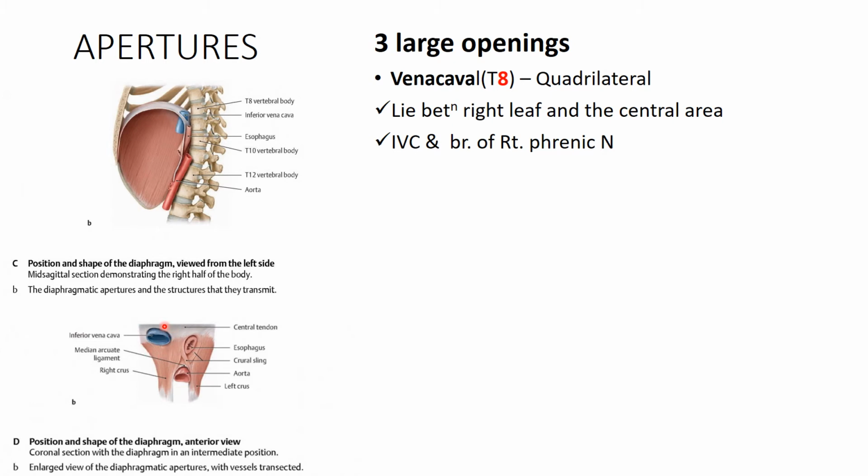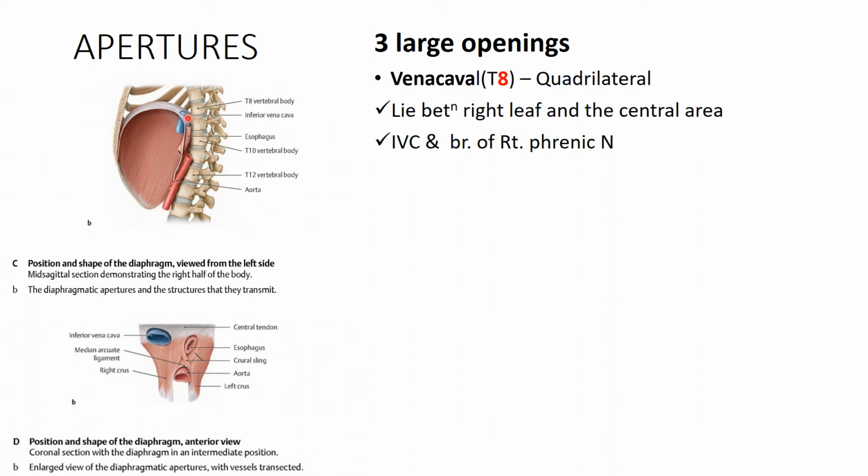Now this vena cava opening is towards the right of the midline, and it is situated at the lower border of the T8 vertebra. This opening is a quadrilateral opening, and it lies between the right folia and the central folia of the central tendon. So it has aponeurotic fibers which merge with the wall of the inferior vena cava and keep it patent